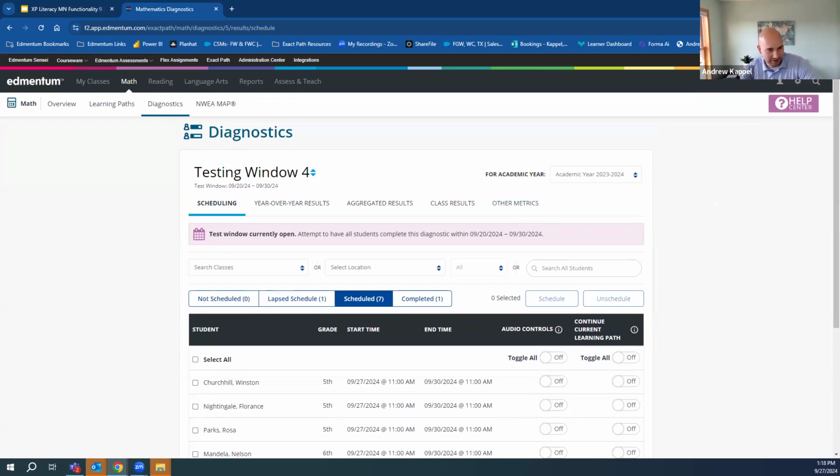And I see some questions coming in. So let's take care of the questions. And then that's it. So that's what you got to do to get the diagnostic scheduled, and then you're good to go. All right. So let me make this a little bigger so I can read it. So diagnostic take, we covered that one. Do we have the ability to determine testing window?